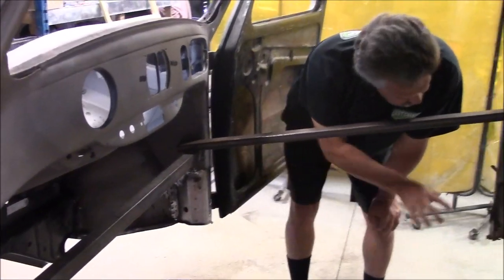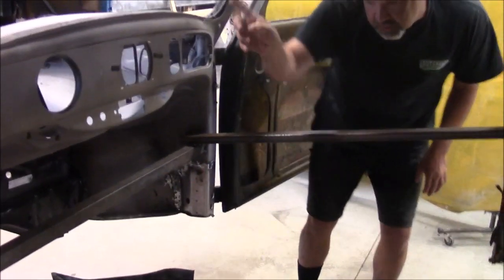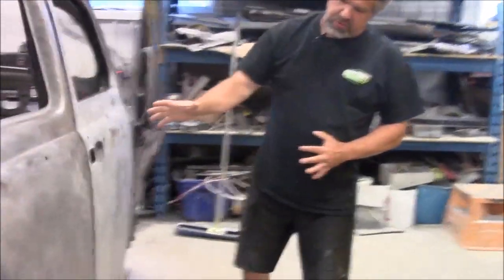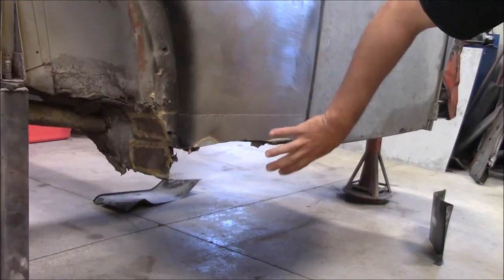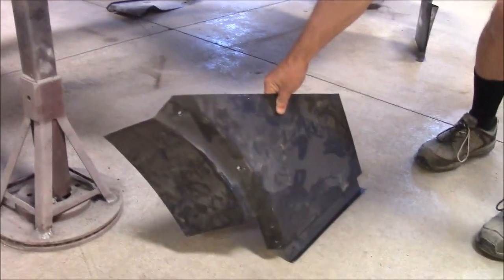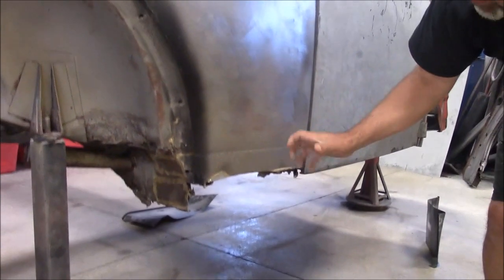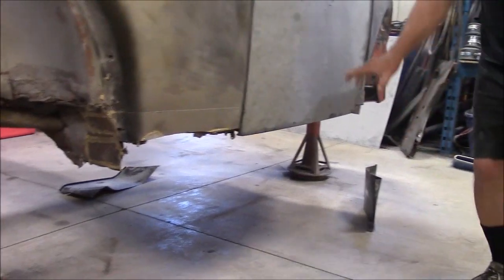Once we have the new replacement heater channel dry fitted in, I think we can come around with the camera. We'll now come around to the passenger side. So once we have it dry fitted in, you can see, and this is very, very common on Beetles, it's all completely rotted out in this bottom section, and they have this nice replacement panel, and it's the thicker metal, and then it essentially fits into that area. So what we want to do is make sure that we have everything prepared and dry fitted before we cut more away and add in more steel. And then if we come to the front